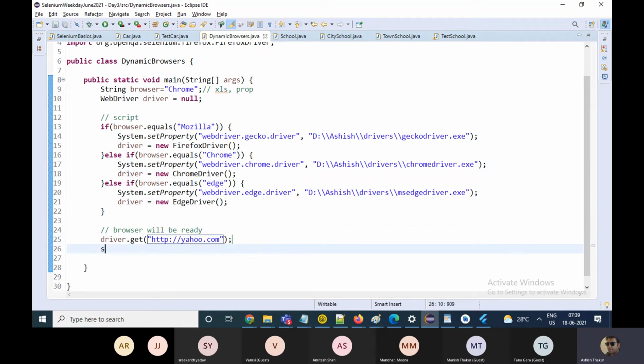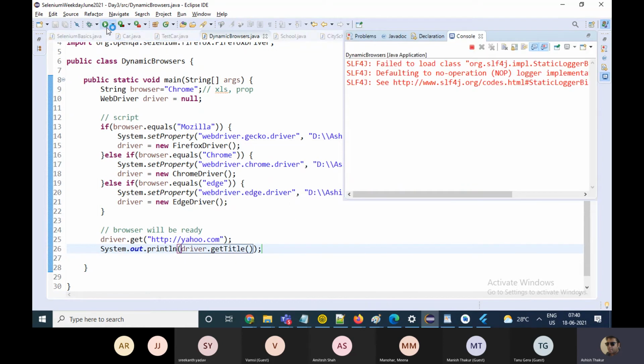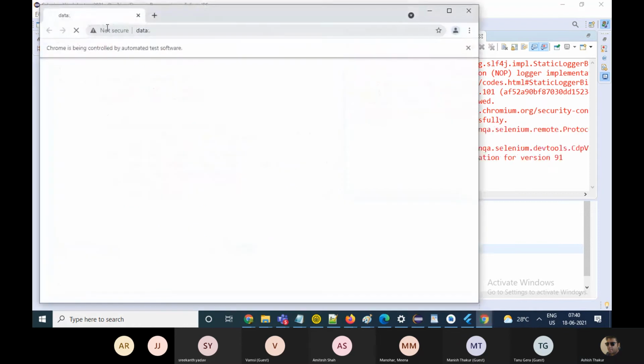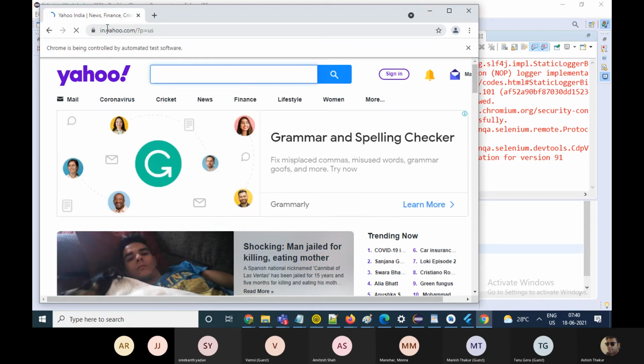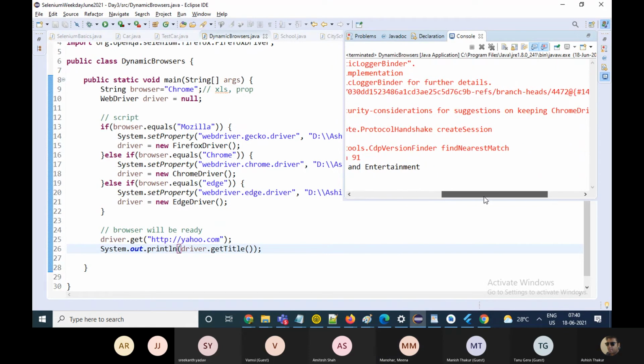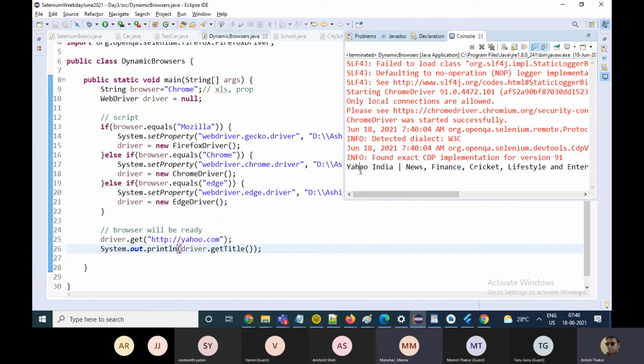And when I go to yahoo.com, you can also write driver.getTitle, which is going to print the title of the page. When you run this, you get this.